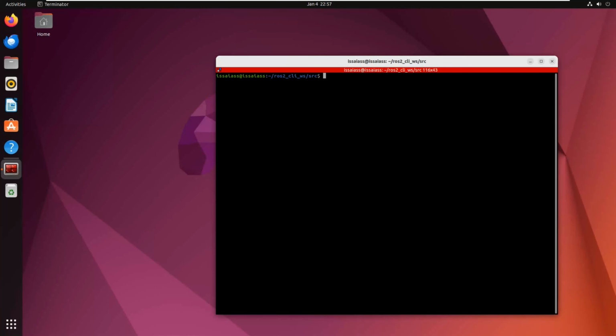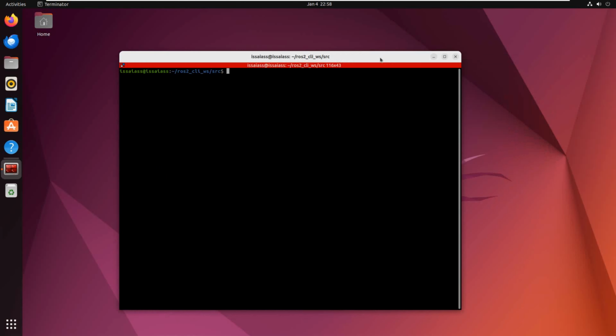Okay, let's continue explaining the next thing about services in Python. This time, let's continue to create a package about the services in Python using the ROS2 package create. For that, ros2 pkg create with build type